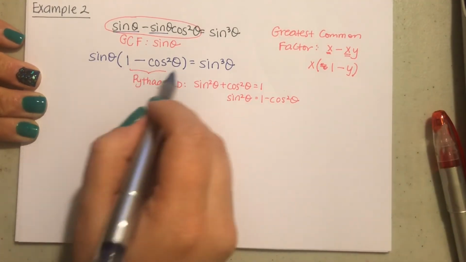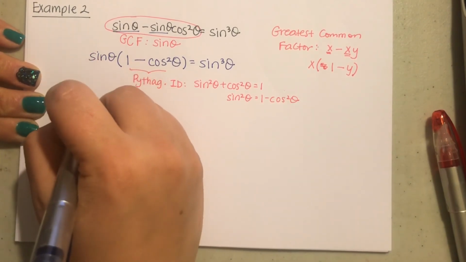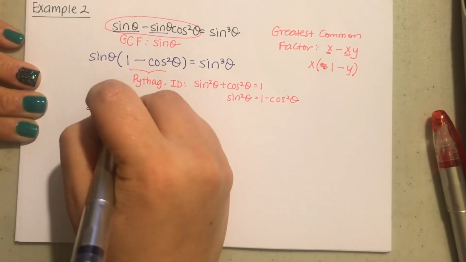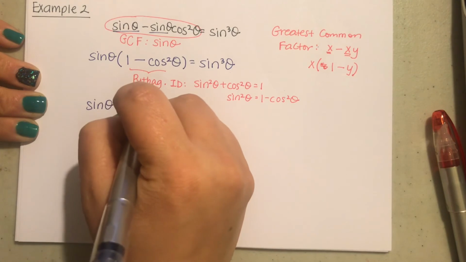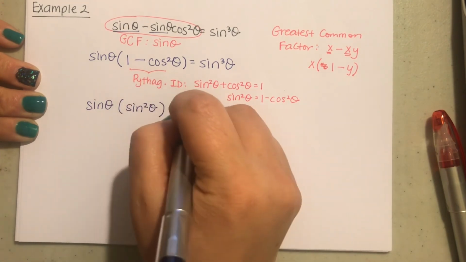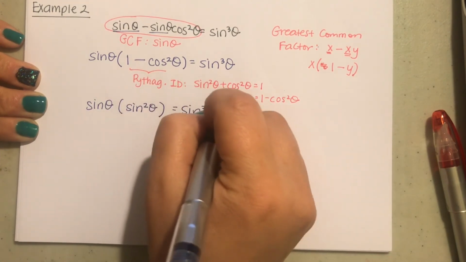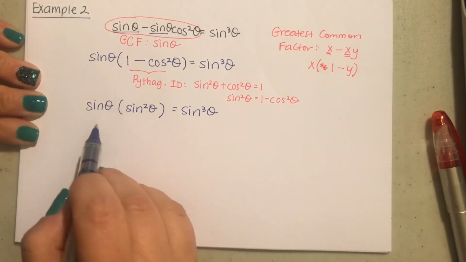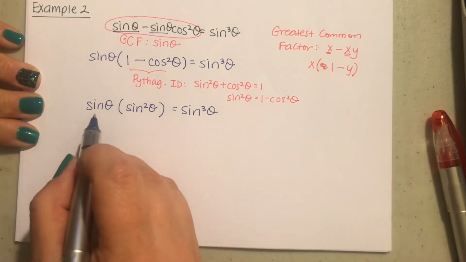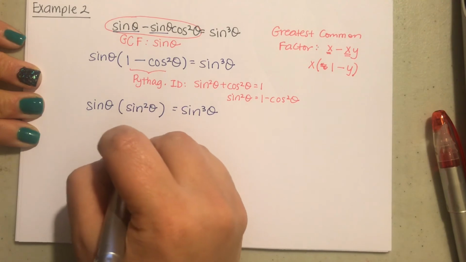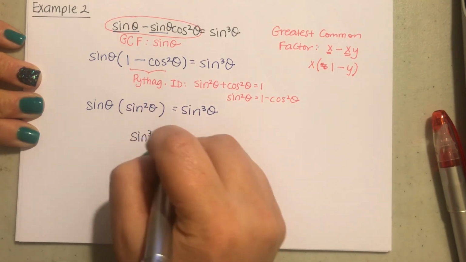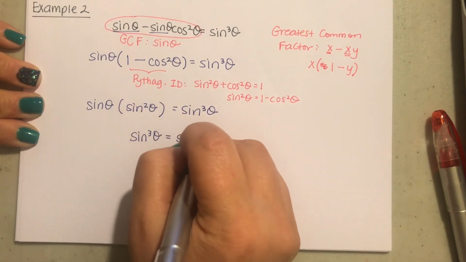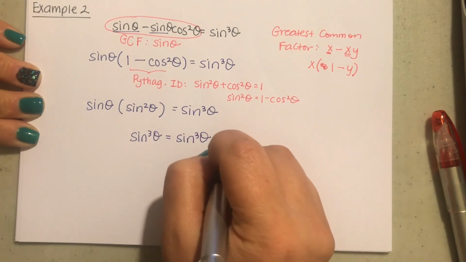And so we can rewrite this. I'm going to copy and paste my sine theta that's there, but we can rewrite this as sine squared theta, keeping that other side the same. And then this just becomes multiplication. Sine times sine squared gives us sine cubed theta equal to sine cubed theta. And let's be fancy on this one. We'll write